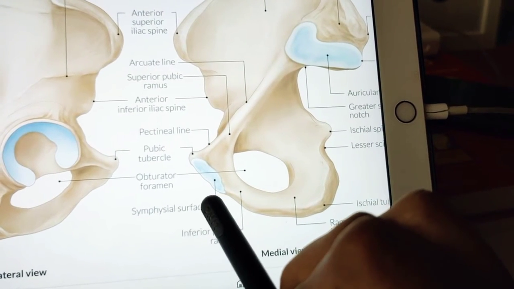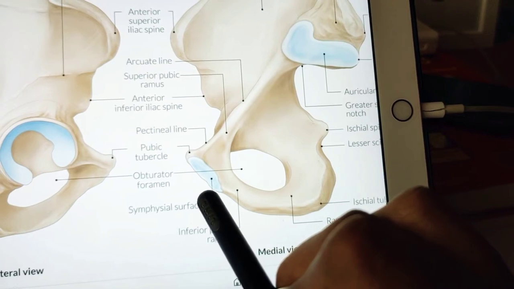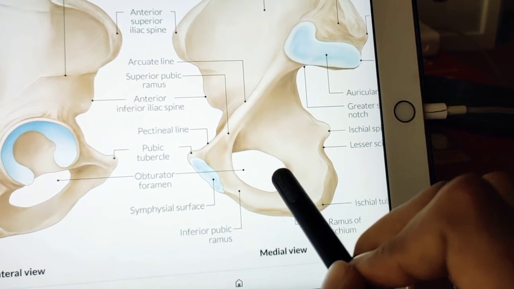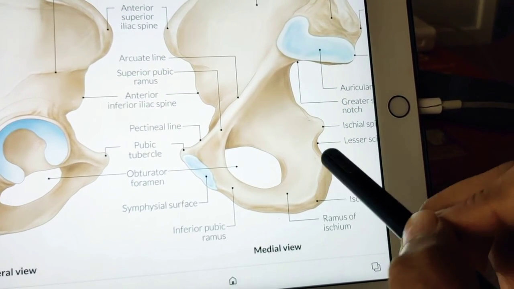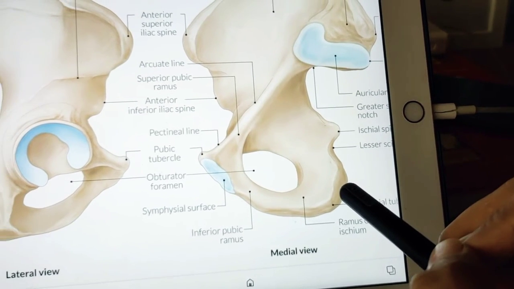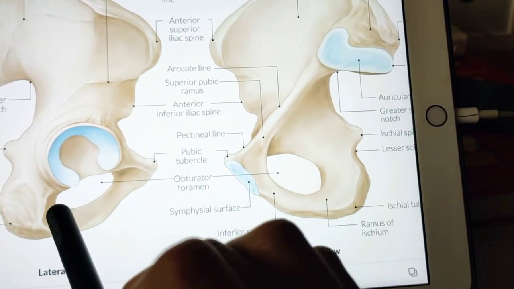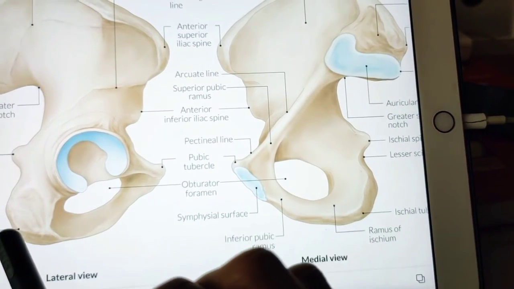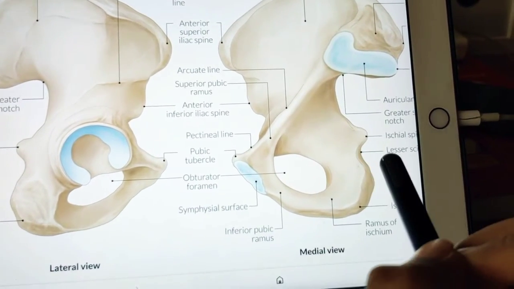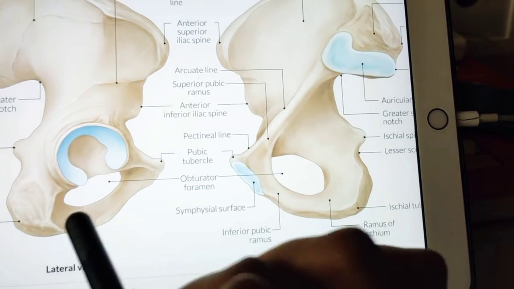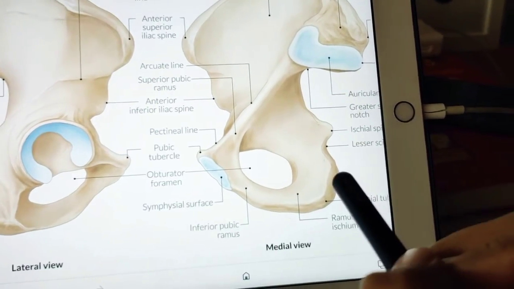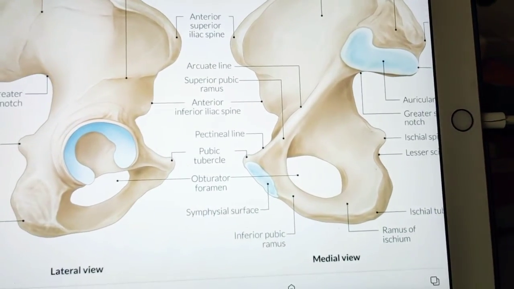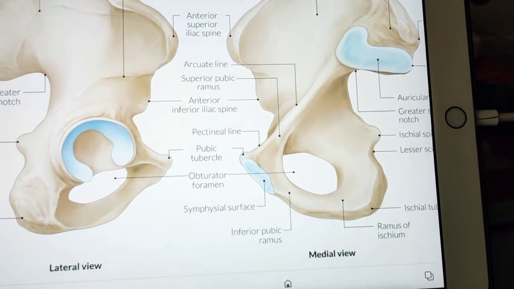You can see here there is a symphyseal surface. Wherever there is a symphyseal surface, that would be the medial border, so opposite to this will be the lateral border. This is the lateral border over here, and here also you can find the lateral border, because this side is the symphysis. So anterior border, posterior border, and lateral border are the three borders you find on the ischium body.